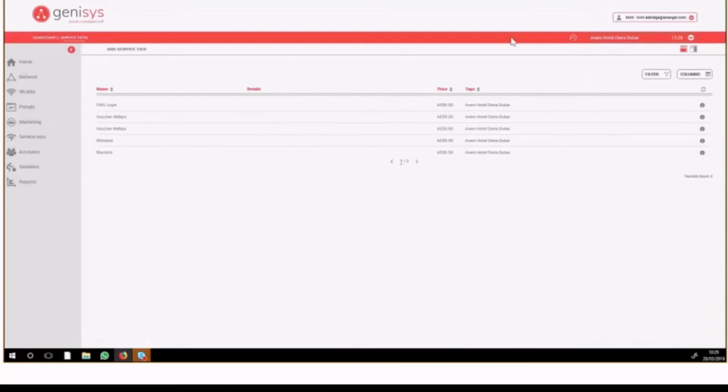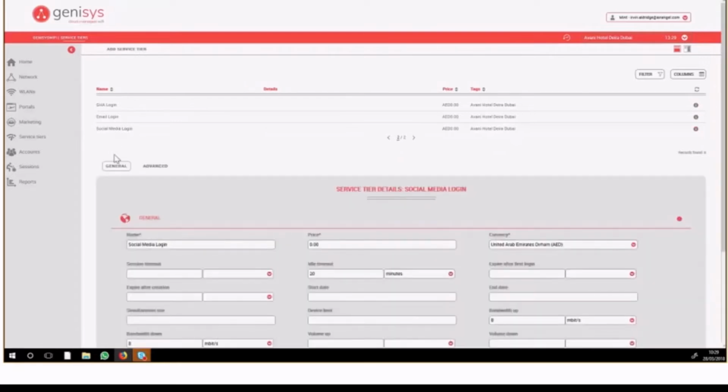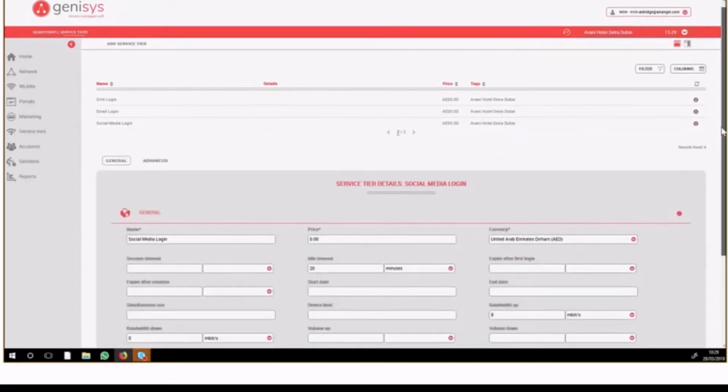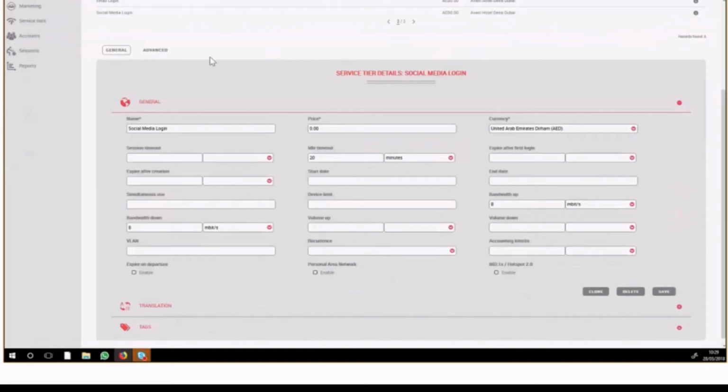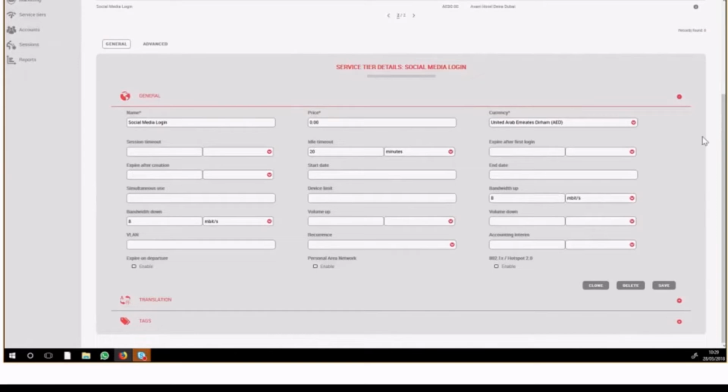So we're filtered and we're looking at the Avani Dira site, and in this example they've got a few different service tiers set up. So we have service tiers for GHA, email, social media login, and we'll use social media login just because I know that I'm not using it, so it won't cause any problems. But for each of these service tiers, each different type of experience that you need to offer or want to offer to your